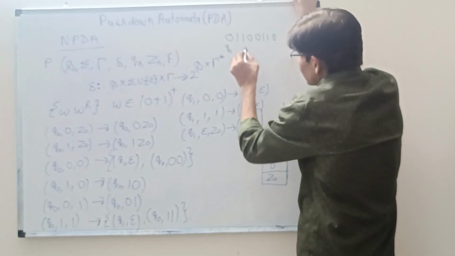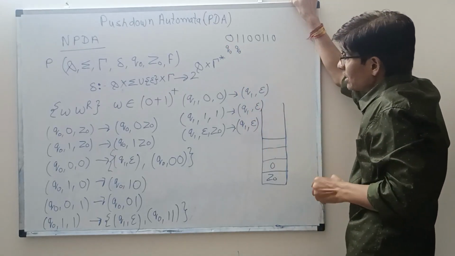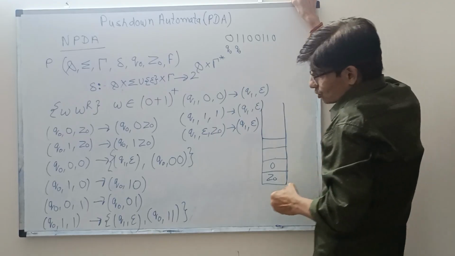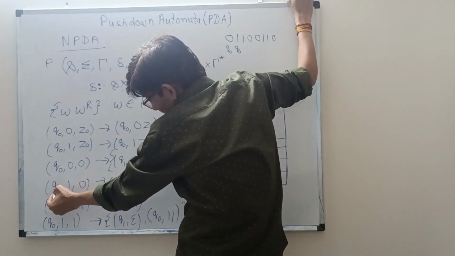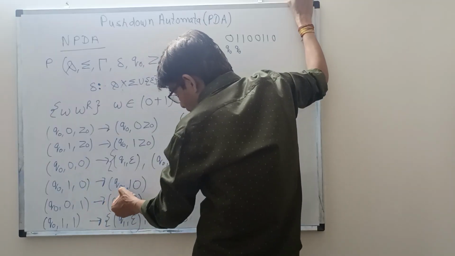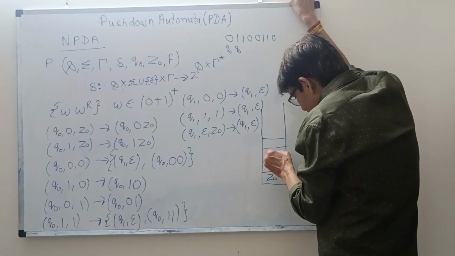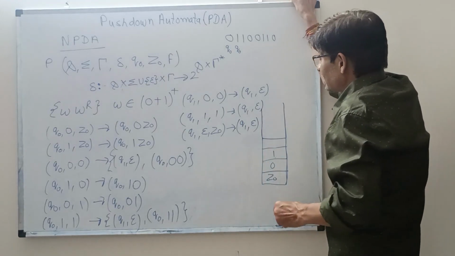Then I am in Q0 again, and I'm reading 1. Stack top is 0. So I have one combination: I'm in Q0, I'm reading 1, and stack top is 0. So what I will do, I will push that 1 into the stack. Now